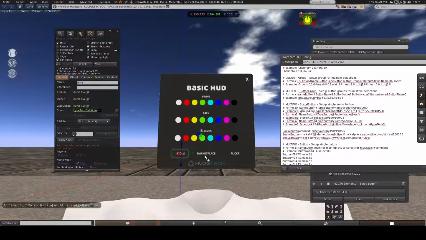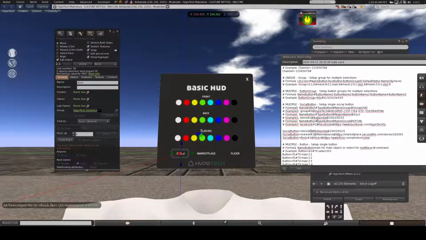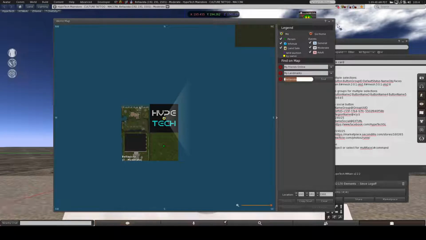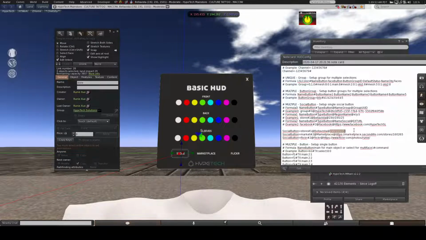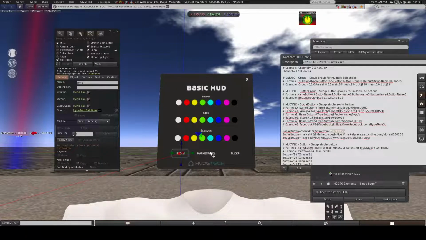In this case, for this button, store, the number is 1 for landmark. Bella Vista is the name of the sim, and these numbers are